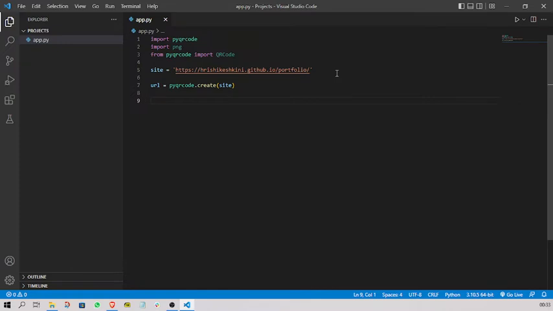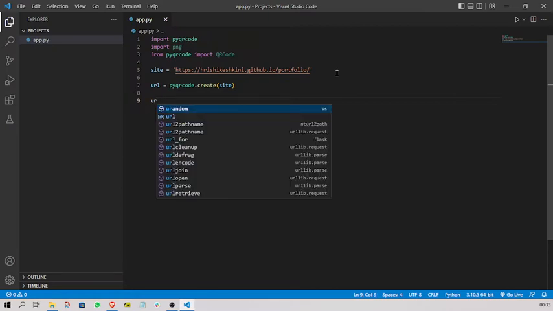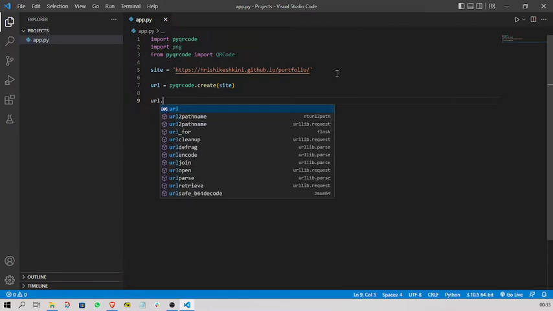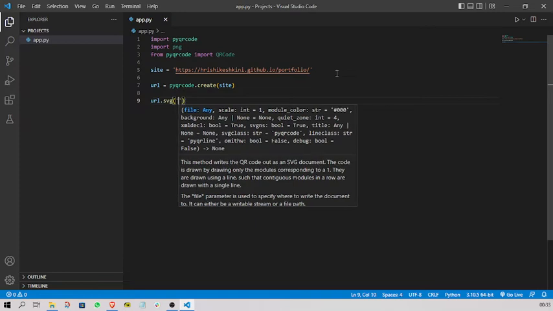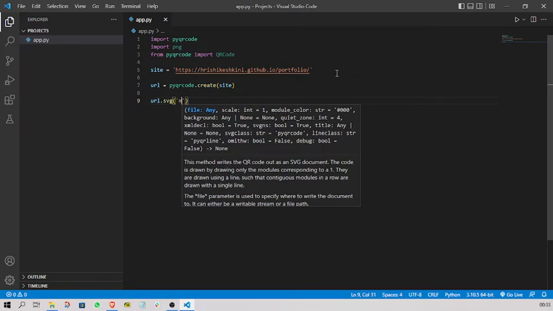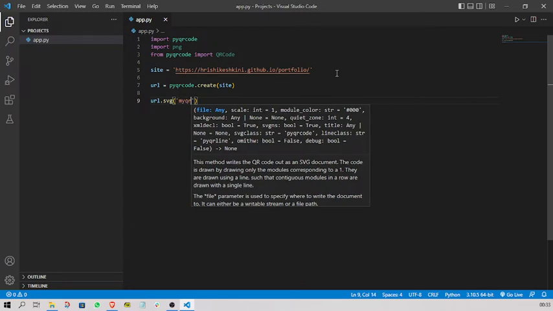To see the image we need to save this array into a picture. So let's do url.svg and name the file whatever you want to name it. So let's say myqr.svg,